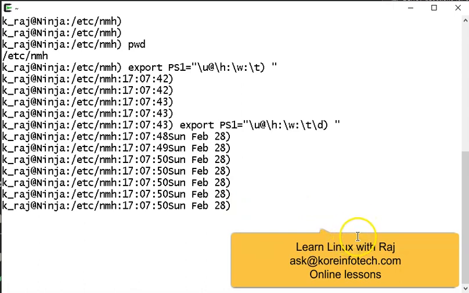And then when you're happy with the prompt that you want and you want to permanently set your prompt like this, you can then put this into your user profile, which is the .bashrc file. So if you put it inside the .bashrc, every time you log in, the prompt will be set for you. Okay, so this session was to share with you about how to set the prompt string,